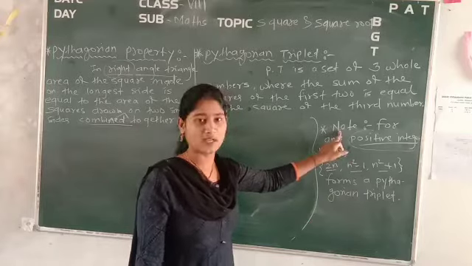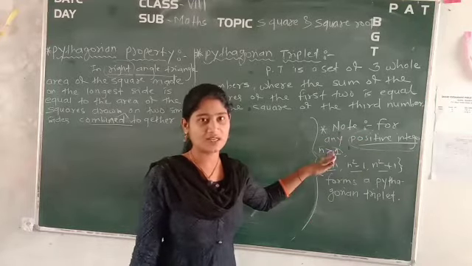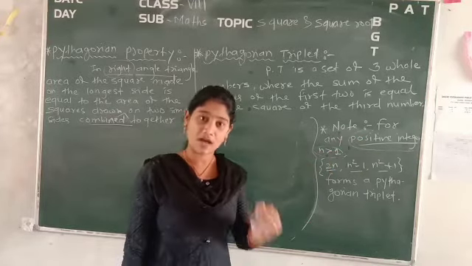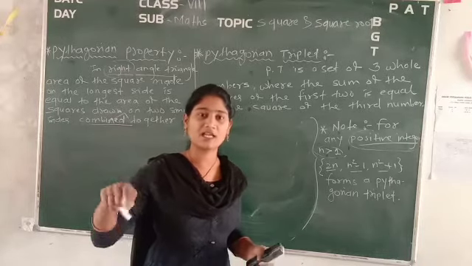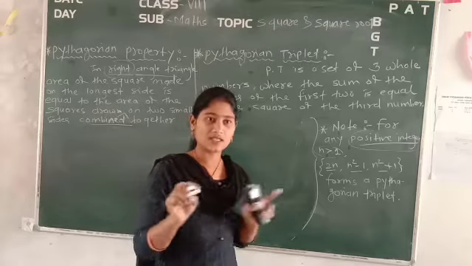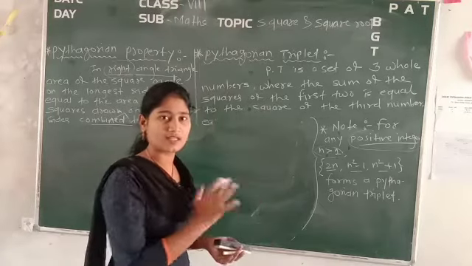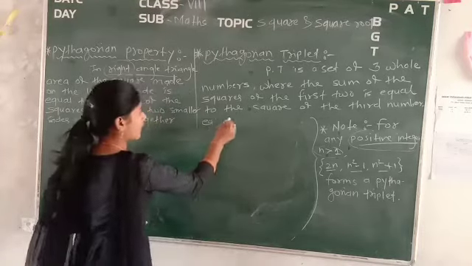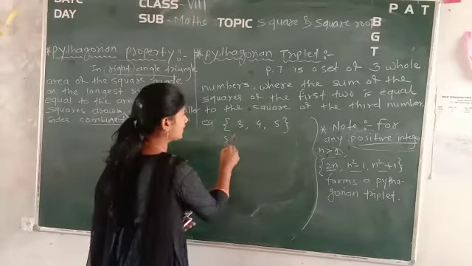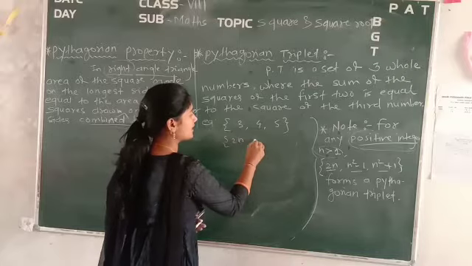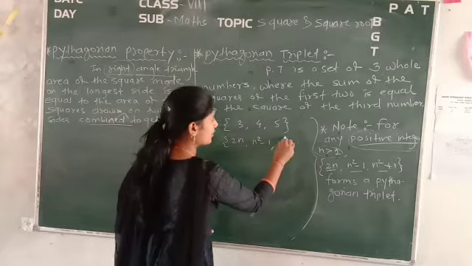Apart from this, keep that thing in mind which is very important. That's why I keep a note here. For any positive integer n greater than 1, you should follow the property: twice n, n square minus 1, n square plus 1. So this is nothing but a set of Pythagorean triplet. Just as we have written 3, 4, 5, in that way you can write this. The first is 2n, second is n square minus 1, third is n square plus 1.